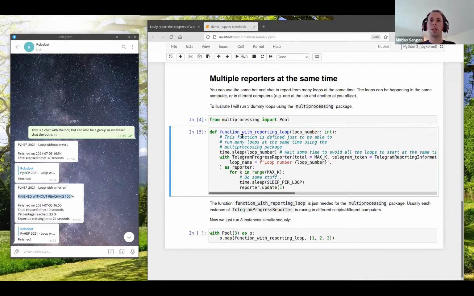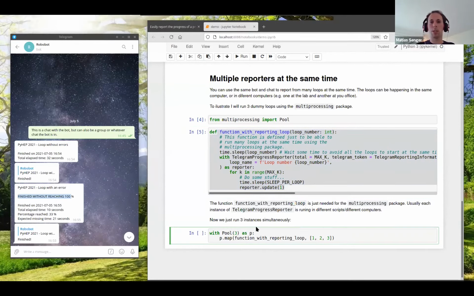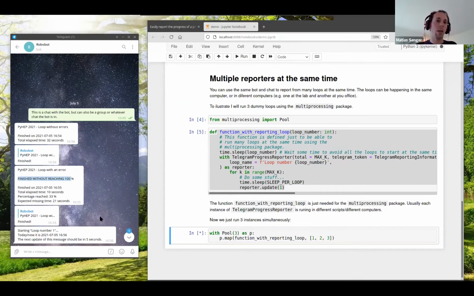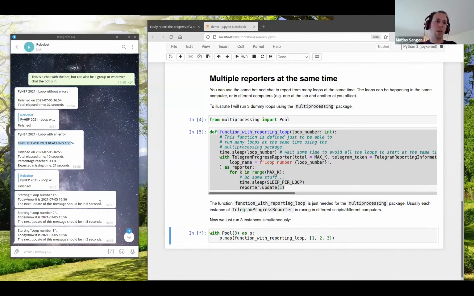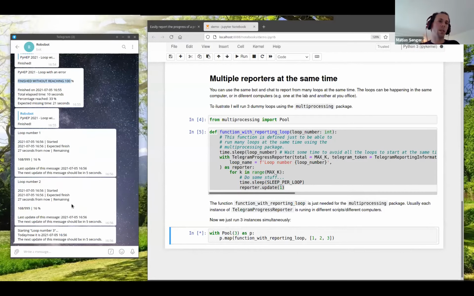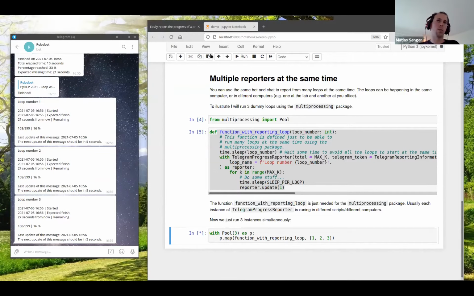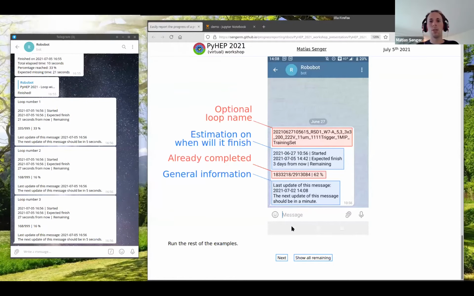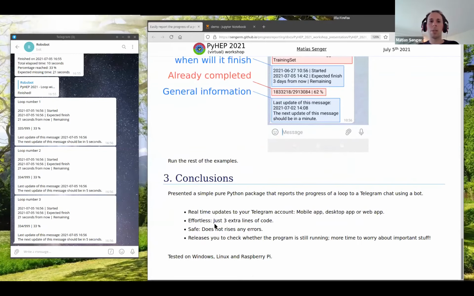So we can see this function is just to wrap to be compatible with this package. But in this last cell here, I am running 3 of these for loops at the same time, and we can see that they are working as expected. So this brings me to the conclusions.